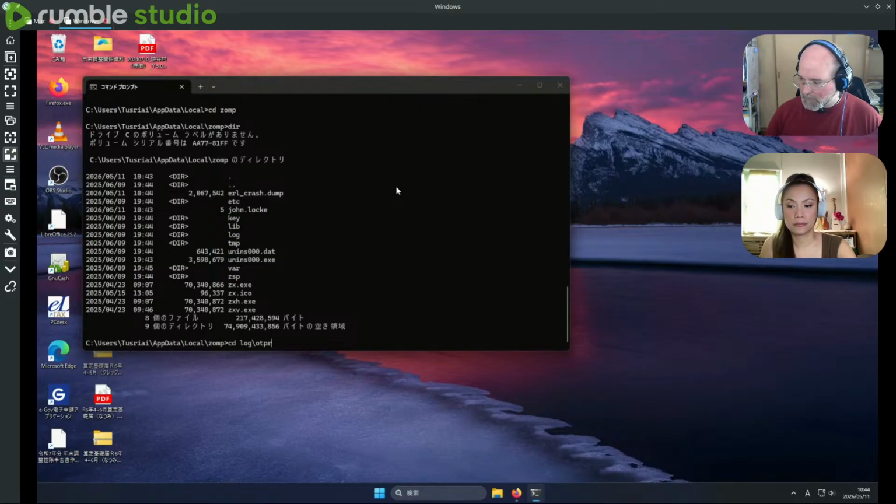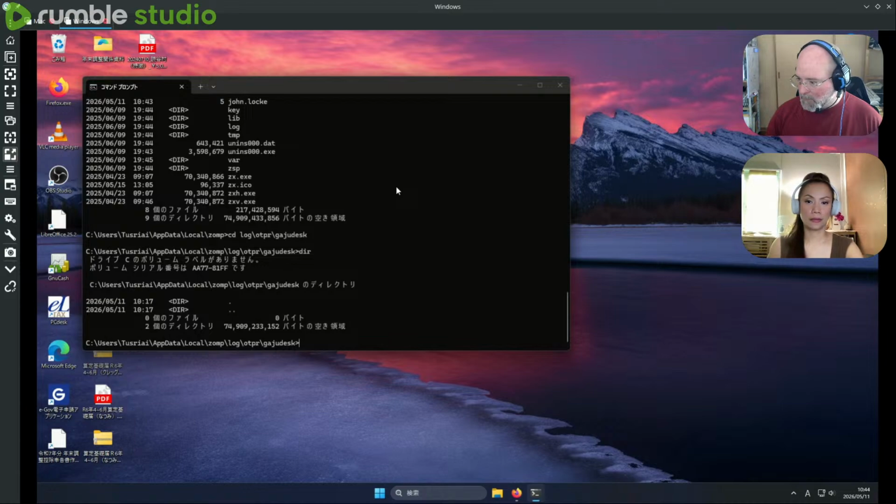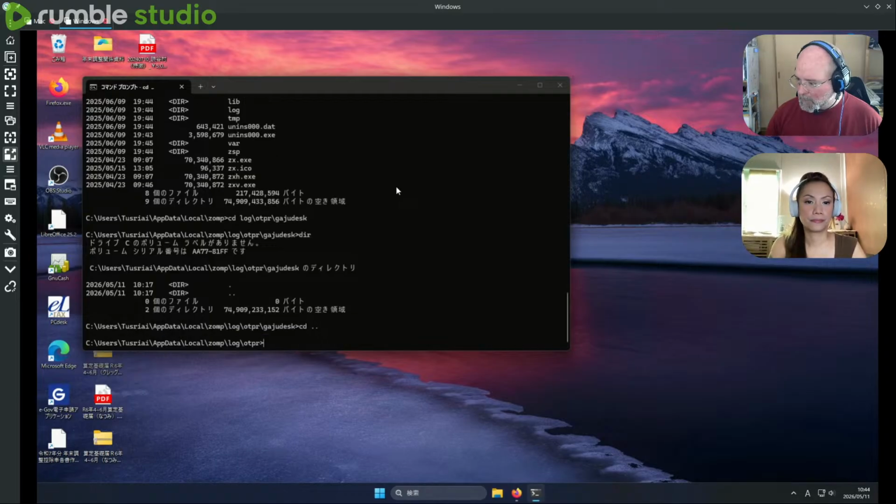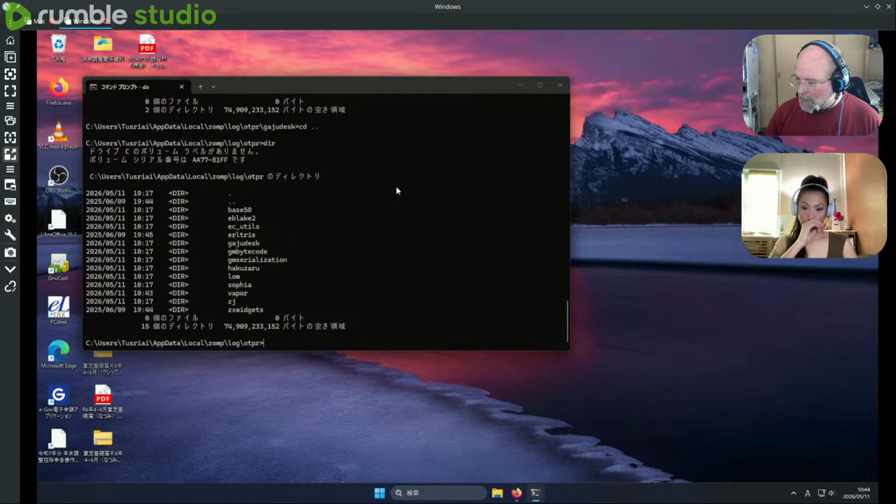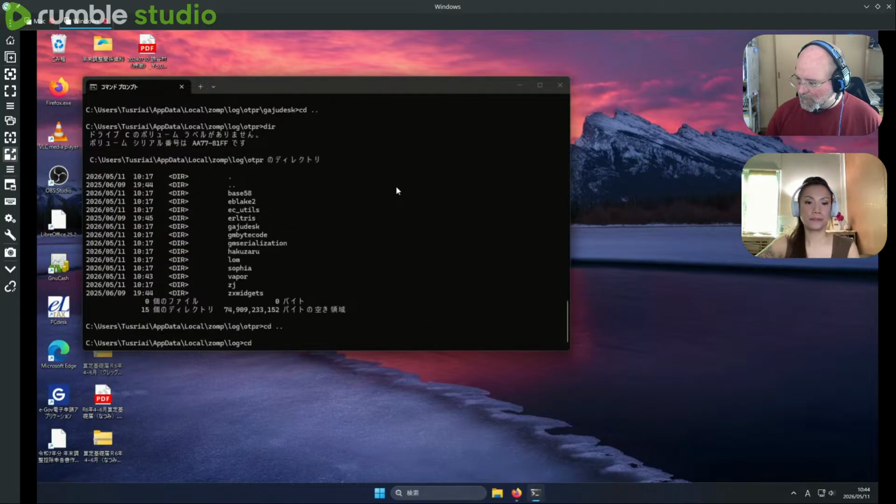Log. Oh, it's in the Vapor, because I ran it from there.